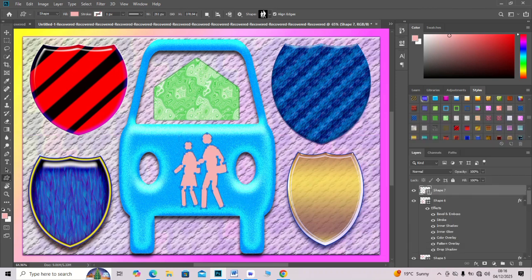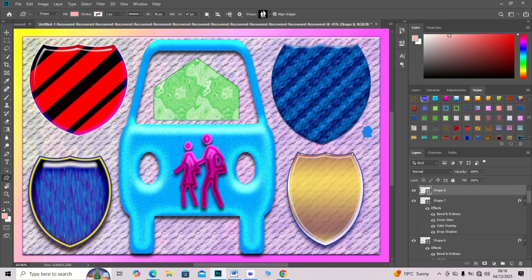Adjust the blend mode to screen to blend it naturally. Duplicate the entire